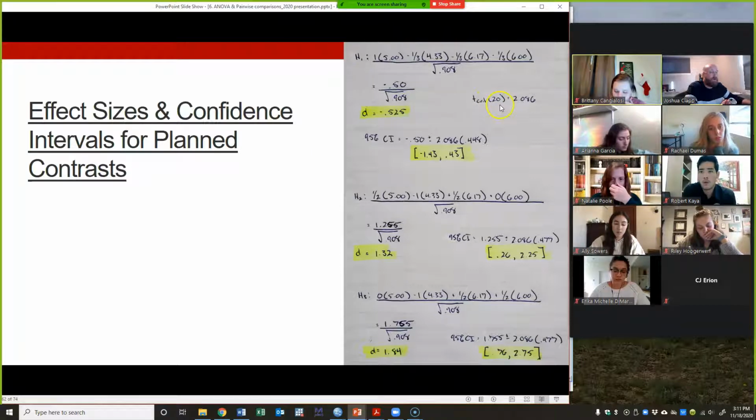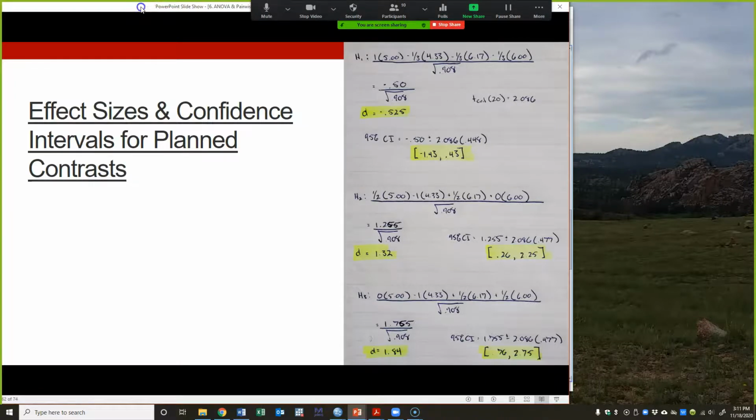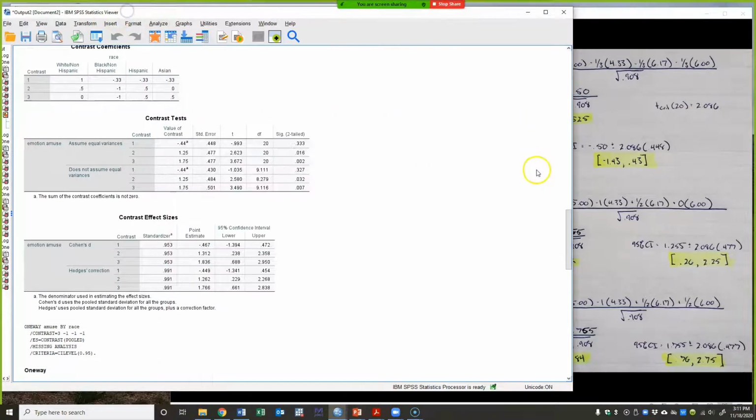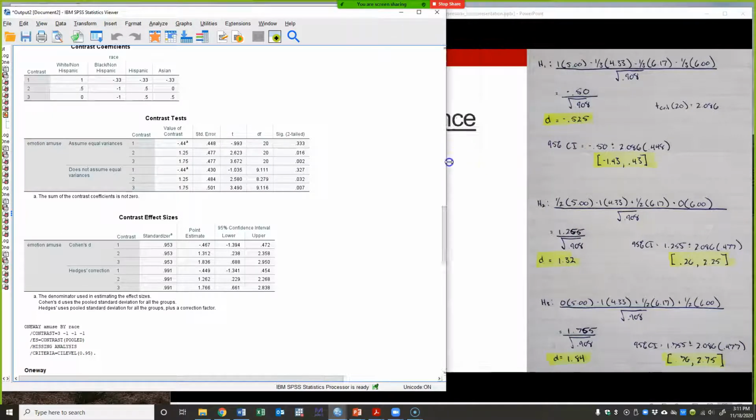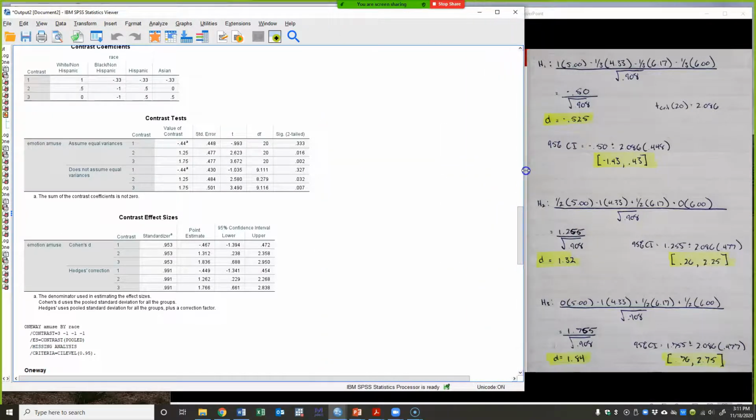But the other thing we might want to do is go through and calculate confidence intervals and effect sizes for our contrasts here. Remember that for my effect size, we had talked about a number of different standardizers. And so what I've done here for H1, or for my first hypothesis, you'll see what I've got in the numerator here of my